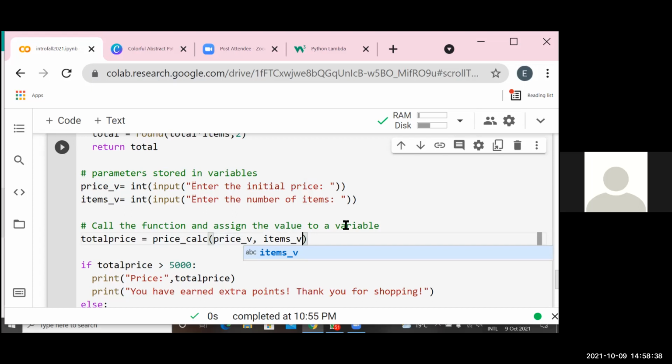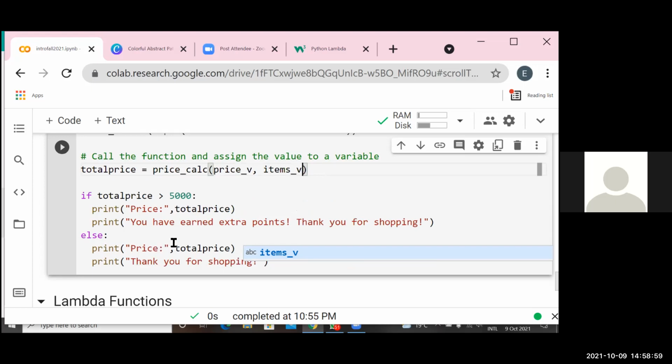Whatever we get as the output, remember our function would return total. So this total would get stored in the variable total price. I hope that is clear.